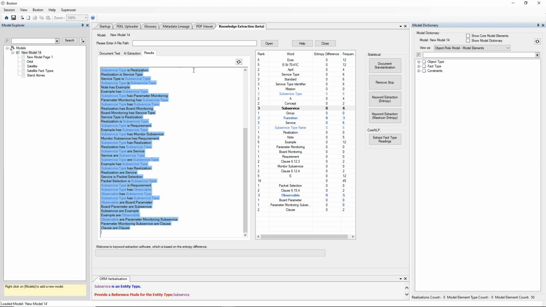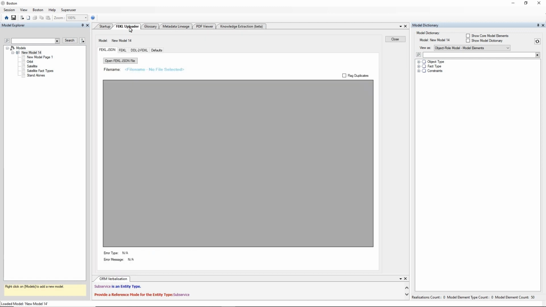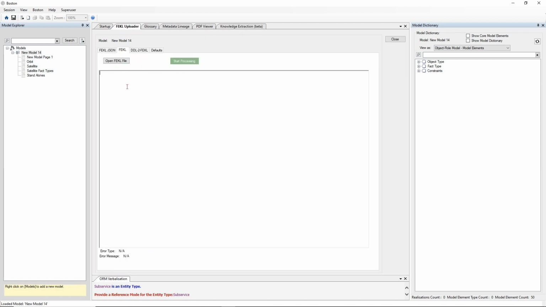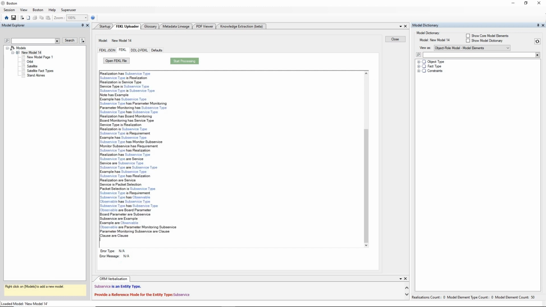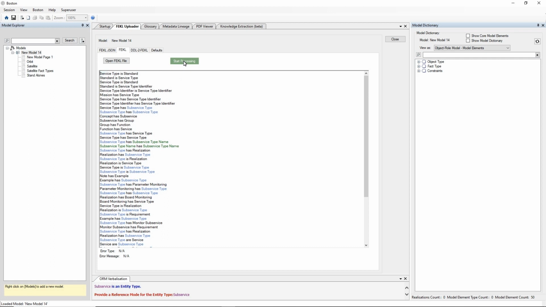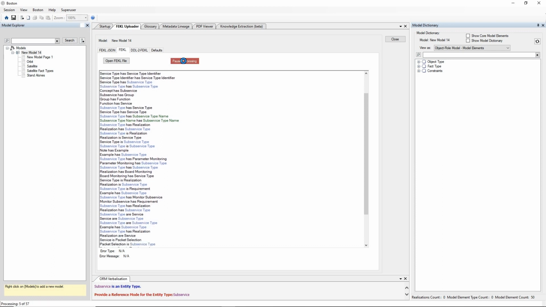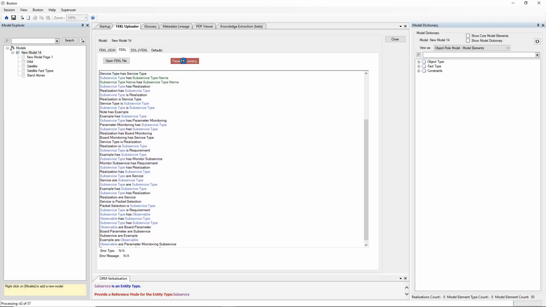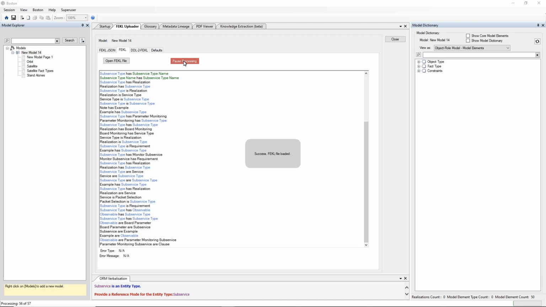So I'm just going to copy all those fact types and go back to the FEKL uploader, and rather than JSON now, we're just going to put all of those suggested fact types as text into the text-based FEKL uploader and process those. So I've got a duplicate there, I'll get rid of that, and I'm going to upload those. So I'm not pretending to be an expert here, so we'll just take what's been extracted verbatim at this stage,